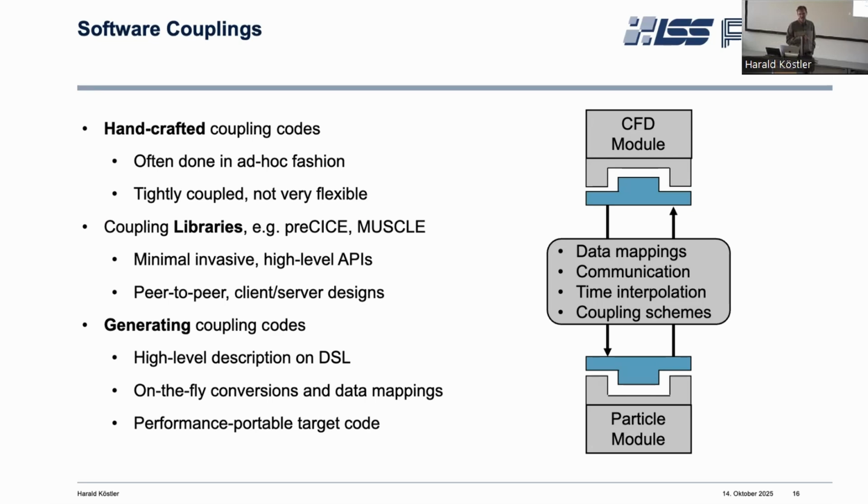And to do it efficiently, because of course you can generate a library and then just link it together. But what we typically want is a very tight coupling. So we generate code for HyTeG that you can use when you run it on a supercomputer. And therefore, we also had to think about these coupling